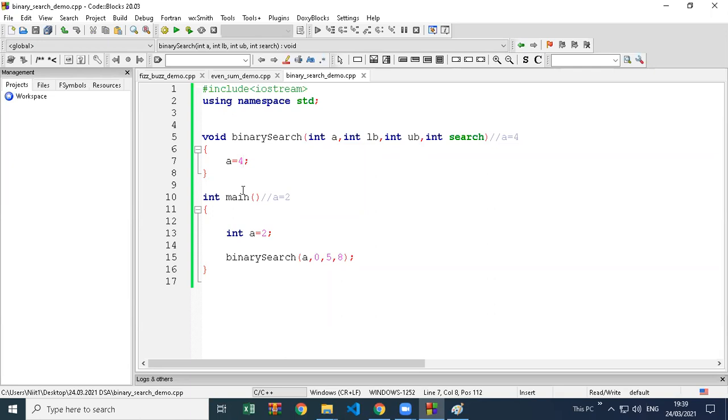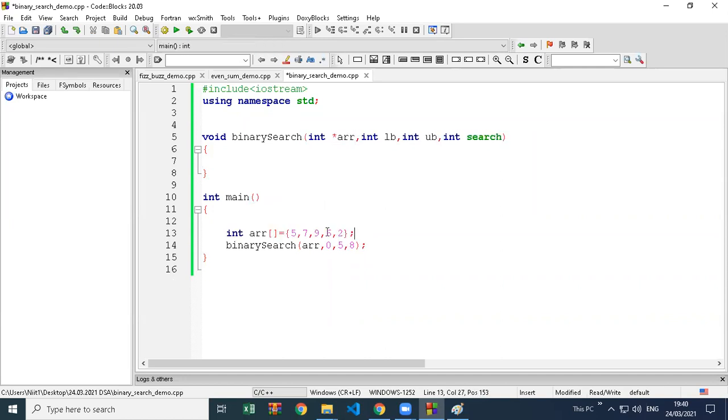If we want the same values, if you change in main, it changes in function. If you change in function, it reflects in main. If you want this, you have to create a pointer. Pointer variable means it's just pointing to the same memory. It doesn't have a separate memory to store value. So here it is not required. I added it by mistake. So let's currently focus on just the binary search demo.